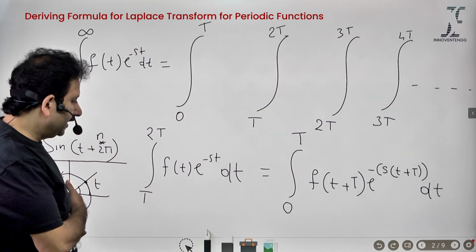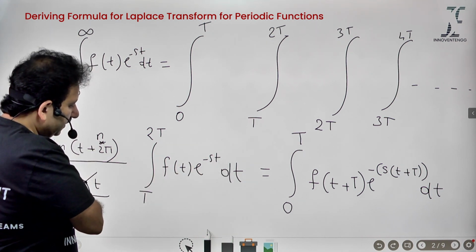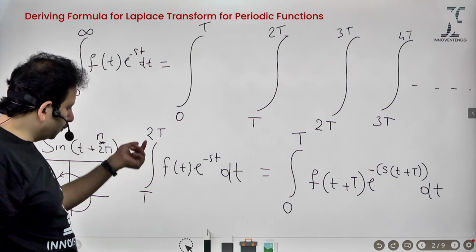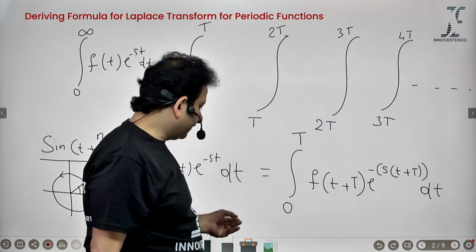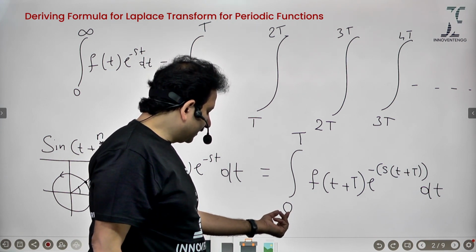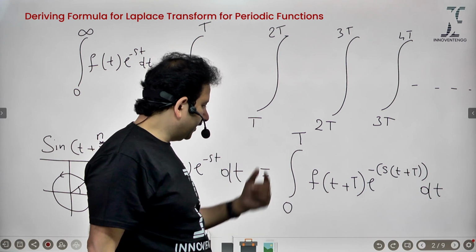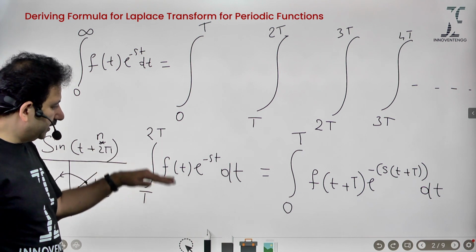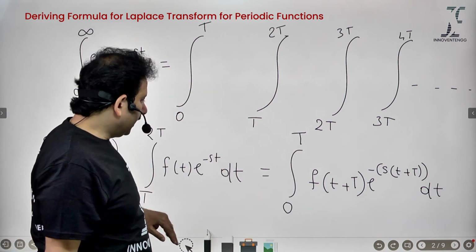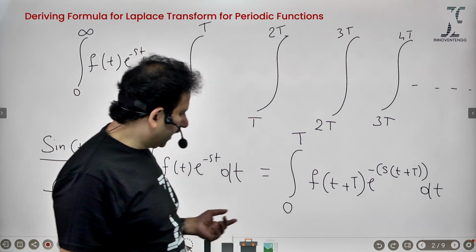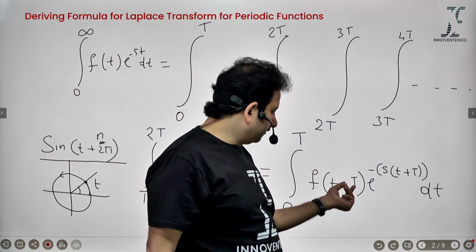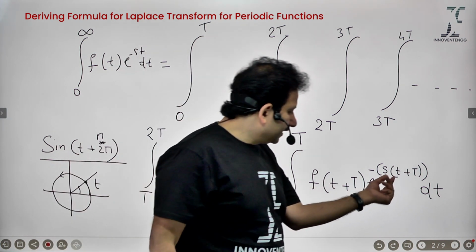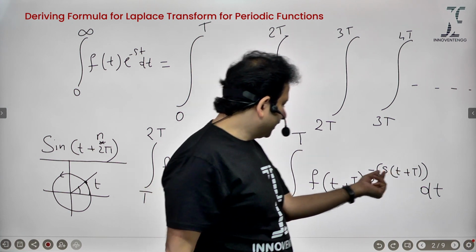All that I did is I shifted this entire integral, because it was by a period, it was from T to 2T. When I shifted left, what happened? The limits of the integral became 0 to T. You see here, if you shift by one period, instead of T to 2T, it is 0 to T. And in order to shift to the left, I should add the period by which I am shifting, which will be clearer in a while, to small t. And the same thing must be added to the t in the exponential function,